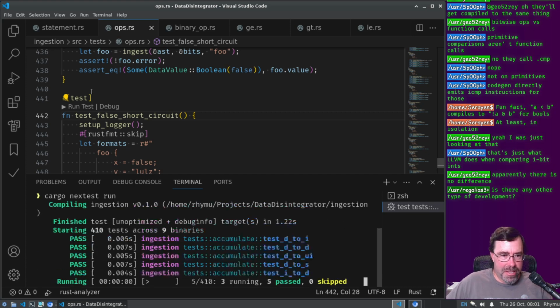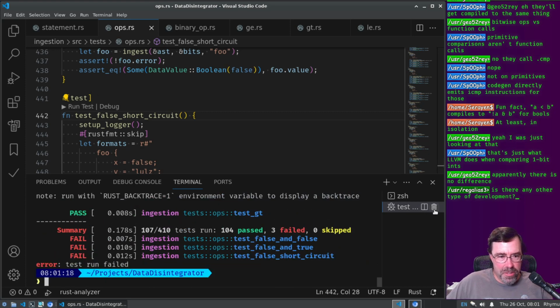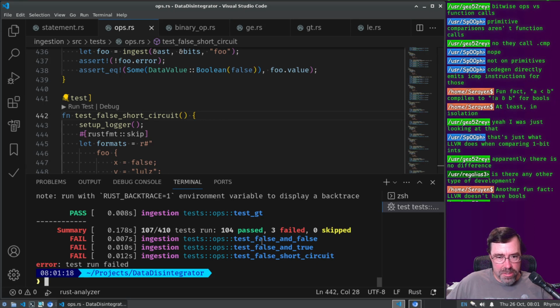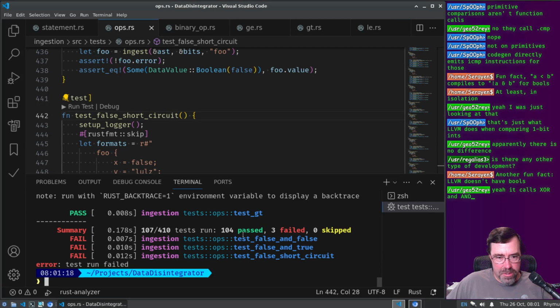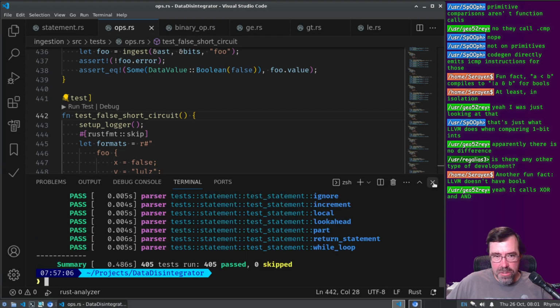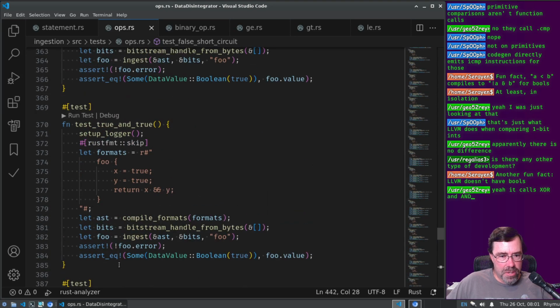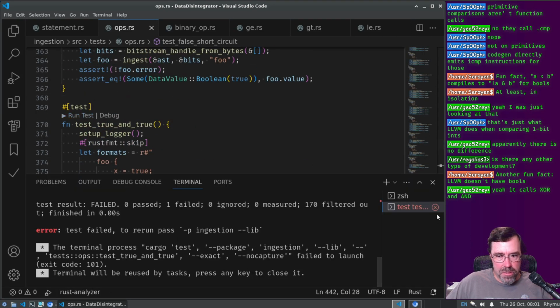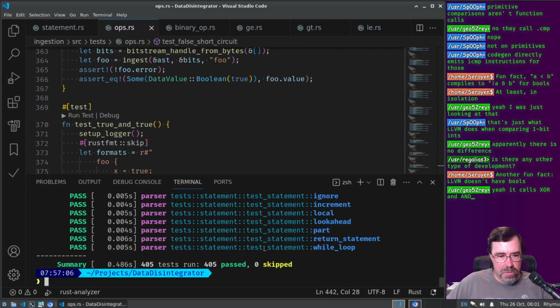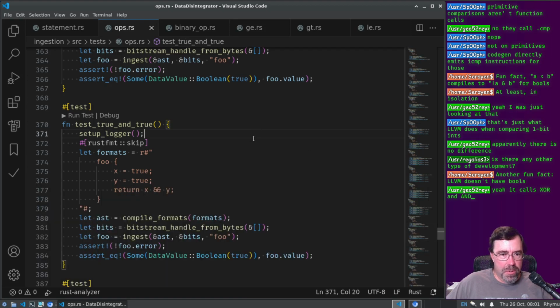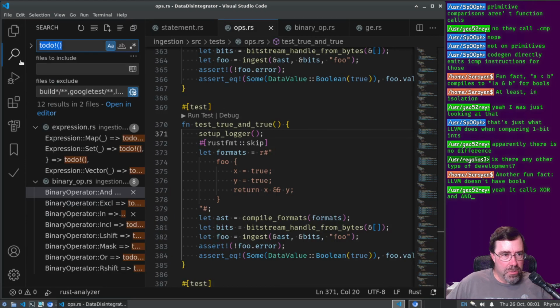Okay. Like that last command was some, oh, because of the debug, I think. Interesting, we actually passed some of these tests. We shouldn't have. So the true and true passes? That actually passed? No, it didn't. I think it just didn't run them all. Yeah, it's only running 104 of them. See how it's like stopping early? Okay, well, we know what we need to do